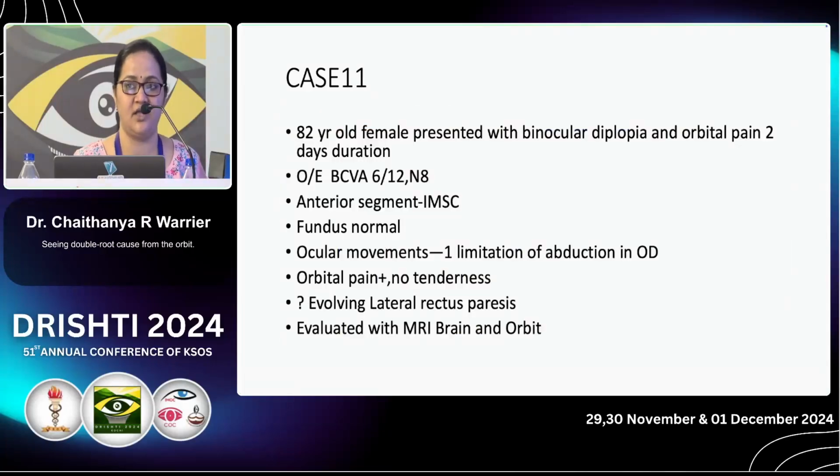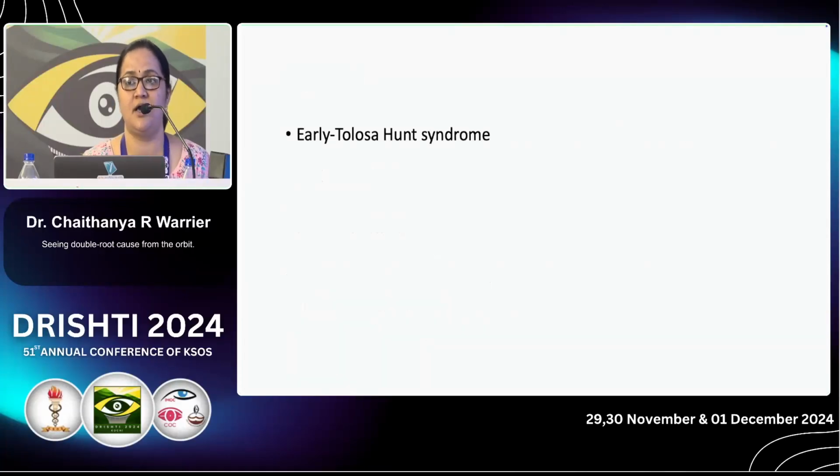And coming to another case, an 82-year-old female presented with binocular diplopia and orbital pain of 2 days duration. Best corrected visual acuity was 6/12. Anterior segment evaluation showed immature senile cataract, fundus normal. Ocular movements showed limitation of abduction in the right eye. Orbital pain and tenderness was there. Suspecting evolving lateral rectus paresis, evaluated with MRI brain and orbit, it turned out as early Tolosa-Hunt syndrome, treated with steroids,